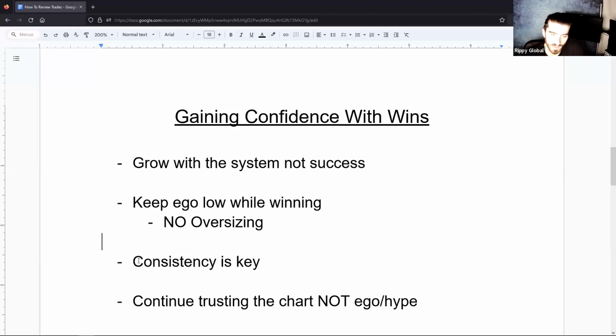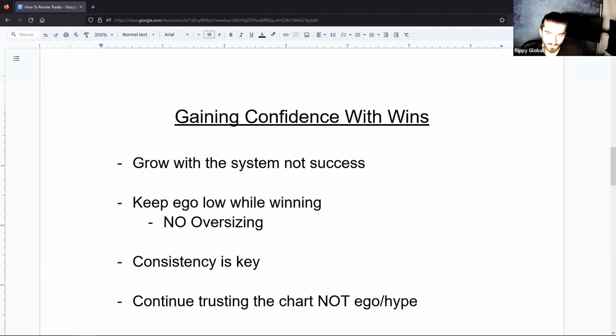Wait for those setups. It could get boring every once in a while. You may not trade some days. A lot of people, I'm pretty sure, may not be able to handle not trading, especially if they do this full time or it helps pay the bills. It makes you feel very, I don't want to say useless, but you get very upset when you don't trade just one day, because you think, oh, I could have caught this one. I could have done this. I could have made a quick 10% on a play right here. So then you start forcing these scenarios in your head to force a trade or get into something before it's too late.